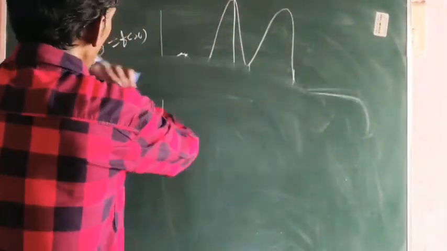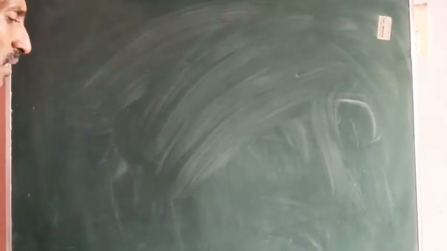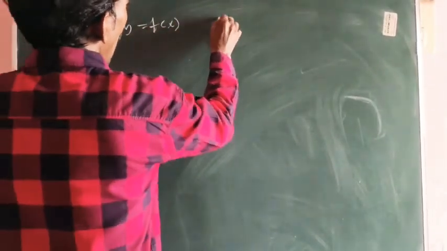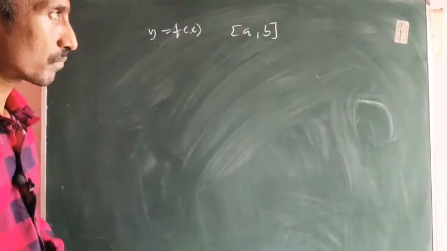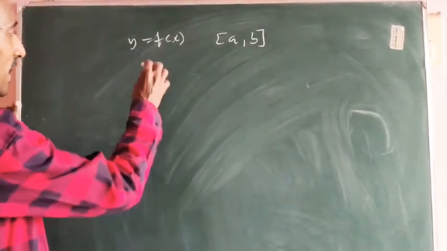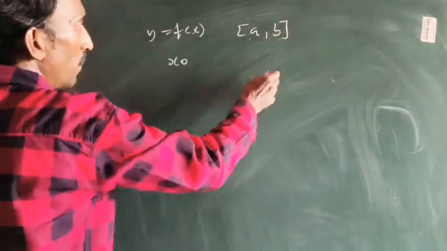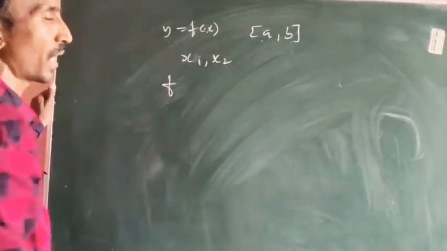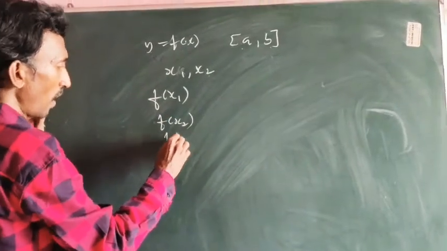Okay, so now how can we get the absolute maximum and absolute minimum, combinedly called absolute extremum? It is very simple. For example, y equal to f of x is a given function and the interval is a comma b. Find out the critical numbers. For example, x naught is a critical number. So put x naught, the lower limit and the upper limit, all into the given function. For example, we are getting two critical numbers x1 and x2. Find out f of x1, f of x2, f of a, f of b.